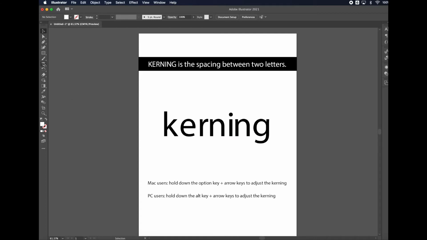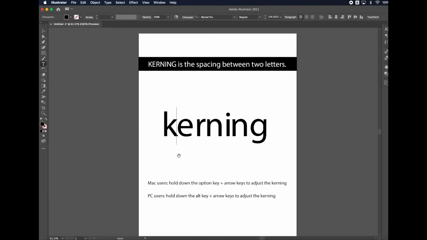So to do that, use the type tool, click on the space in between two letters that you want to adjust the kerning of. And I'm on a Mac, so I'm a Mac user, you hold down the Option key and the arrows to adjust the kerning. On a PC, you hold down the Alt key and the arrows to adjust the kerning. So I'm going to hold down Option, use the left arrow to move that body of text closer to the K,